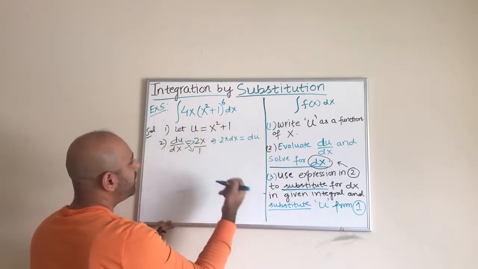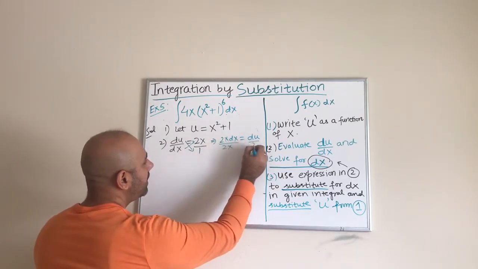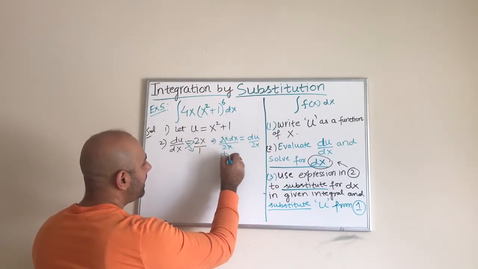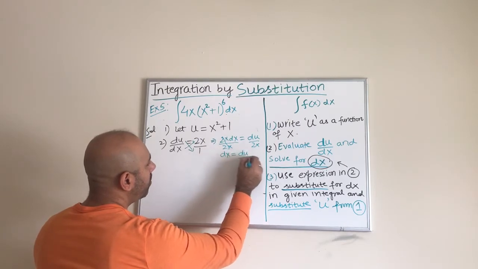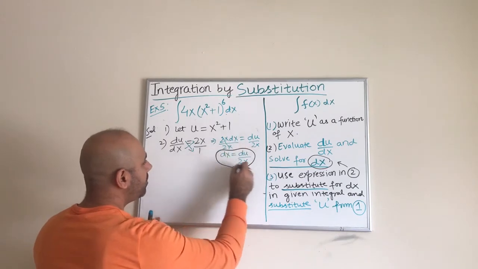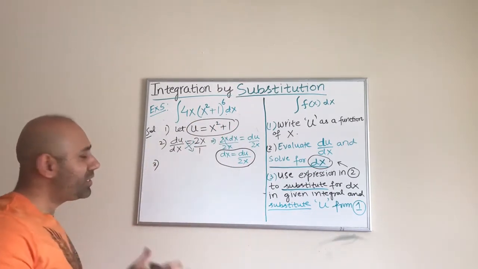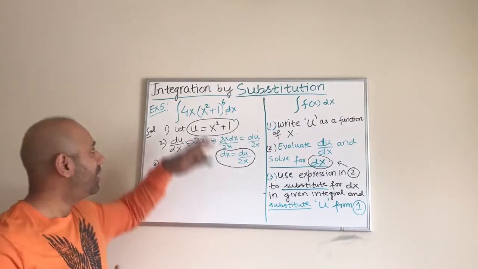Du times 1 is just simply du, but we want dx by itself, so I'm going to divide both sides by 2x, and this crosses out. I get dx equals du over 2x. So guys, I'm going to circle this because this is something I need to use, and then of course we also need this. So step number 3 is more like bringing these all together and again substituting in the original